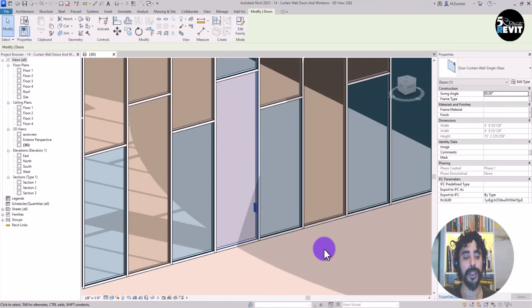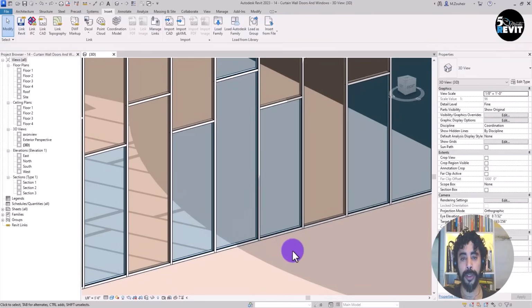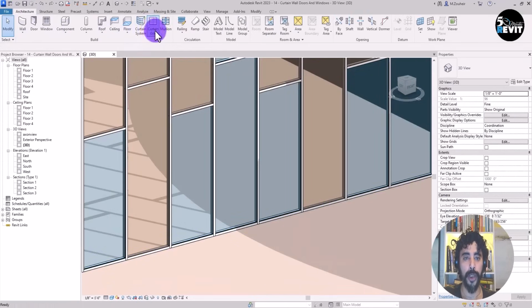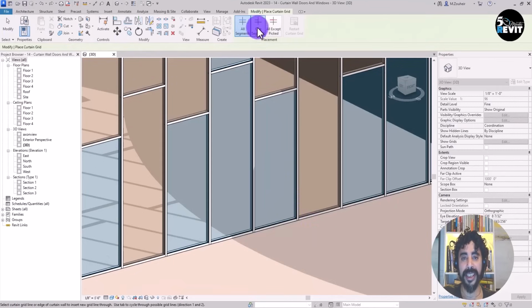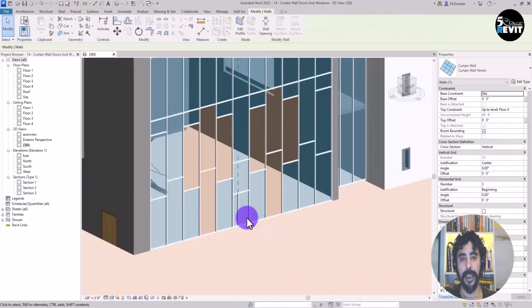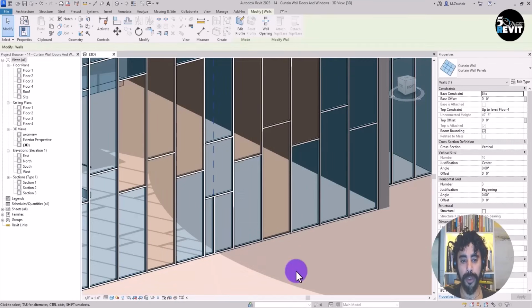How to do that? We just press Control Z to undo, and now I go in here to Architecture, and I choose a curtain grid, and now I choose one segment, and I choose this segment in here, and I enter, for example, 8 feet, okay? And I place another grid in here. Now, if I select this grid, and just search for the temporary dimension,